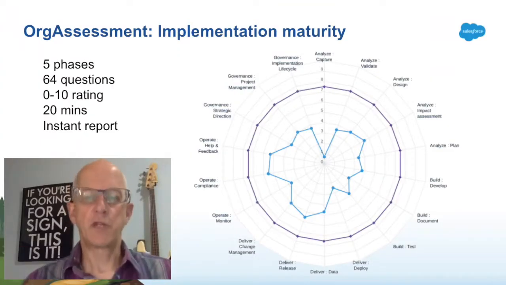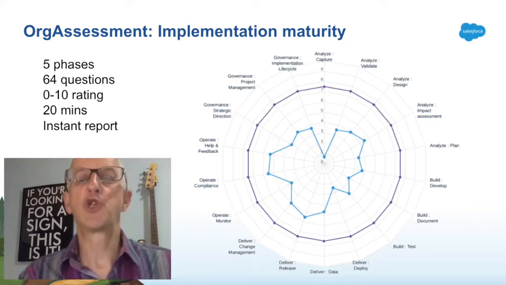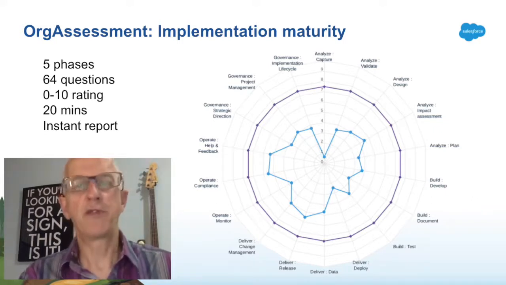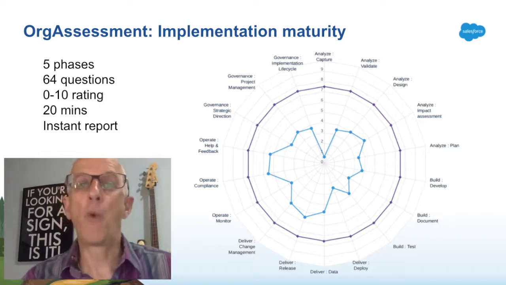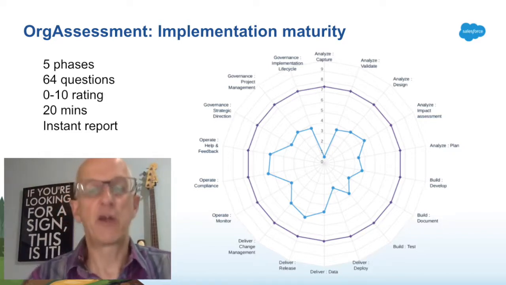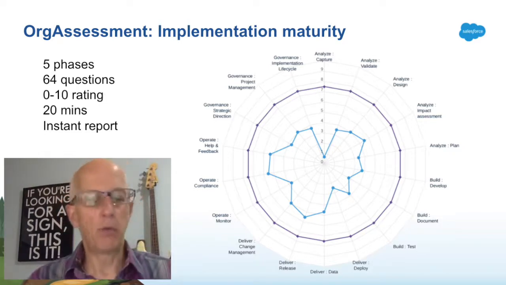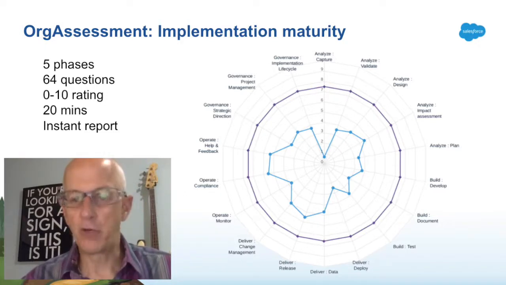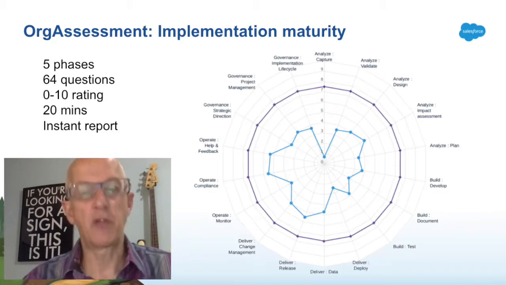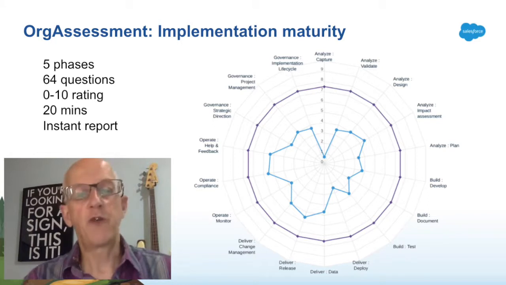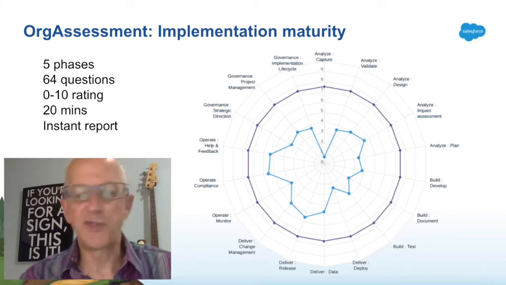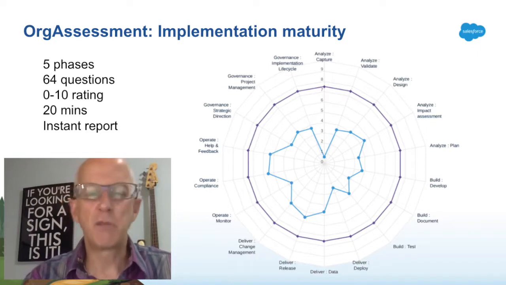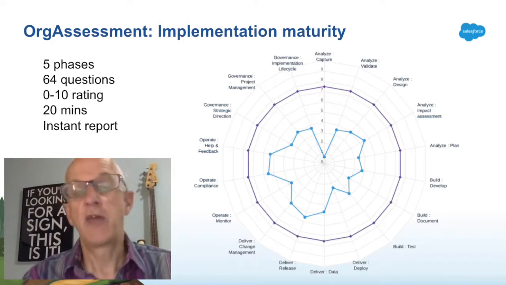So the org assessment is an implementation maturity assessment. This has nothing to do with the technical complexity of the org, but it's about how well the org lifecycle is run. So how well we capture, how well we build, how we deliver, how we operate, and then the governance. Those 5 phases have 64 questions. You rate each of the questions from 0 to 10. It takes about 20 minutes to go through the questions, and at the end of it, you end up with